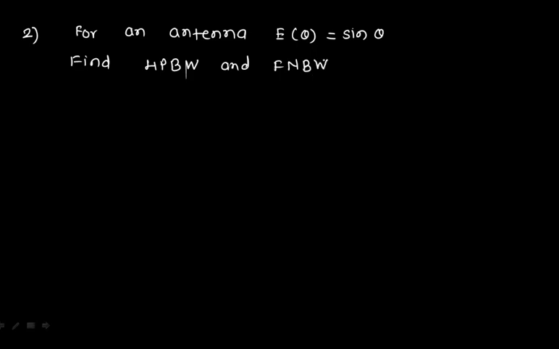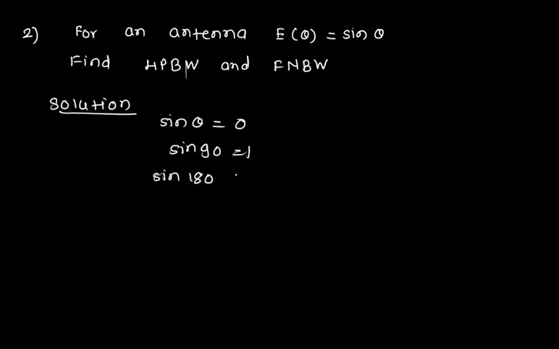सो यहाँ पे द गिवन फंक्शन इज अ साइन फंक्शन, सो वी नो दैट इफ it has a zero value, it will have a zero value. So if I want to solve this particular problem, I know that if I'm putting a sign of 0, what will be the sign of 0? It will be 0. What will be the sign of 90? It will be 1. Again, what will be the sign of 180? Again, it will be 0.